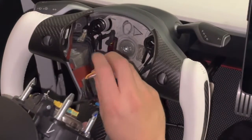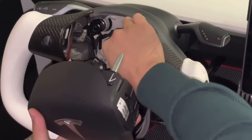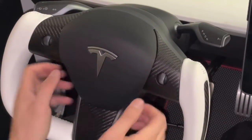Okay, so putting the horn back on, just in reverse order. Plug it in. And then there should be 3 click noises. 1, 2,